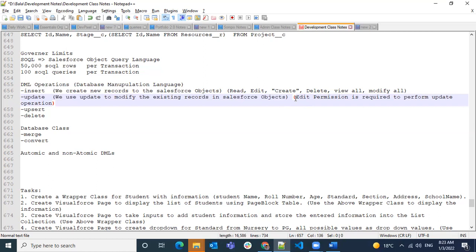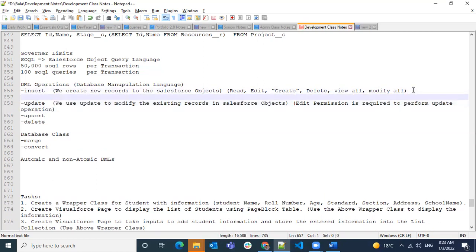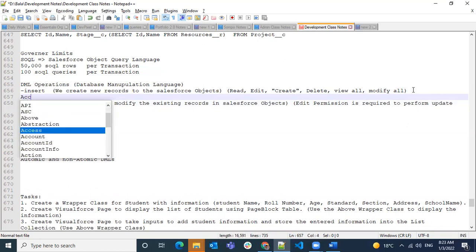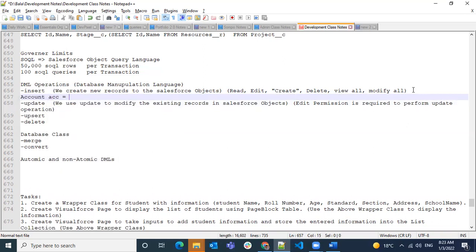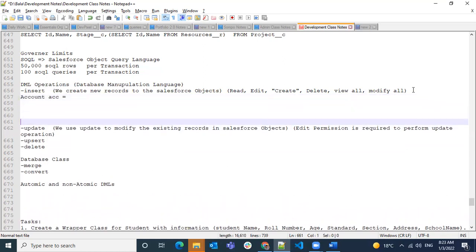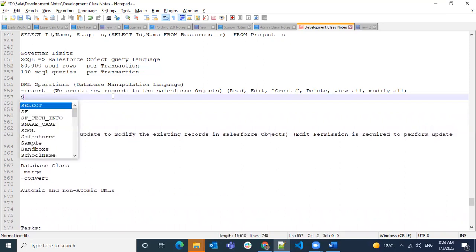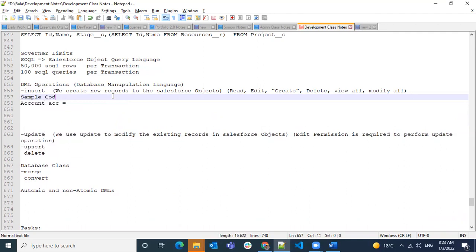But how do we do it in code? I will give some mock-up here. If you do an insert, let's take a standard object example, an Account. I have a sample code.